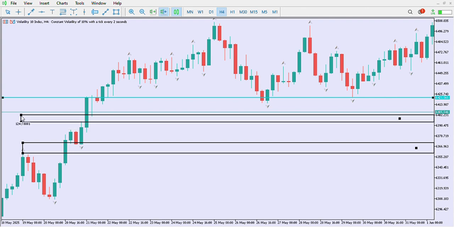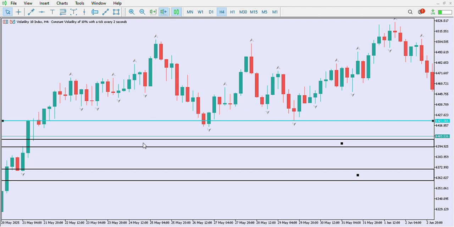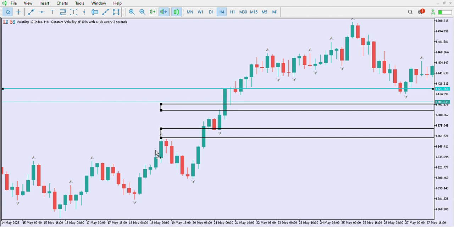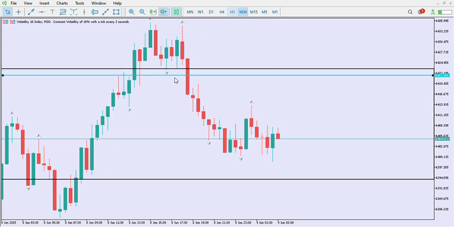I'm seeing another fair value gap under that point, but it never came to that daily fair value gap that I'm trying to see. But let us go back to the daily and return it to where it is. You see, this market reacted from this point, and that's what I'm trying to say. The moment the market taps that daily fair value gap,